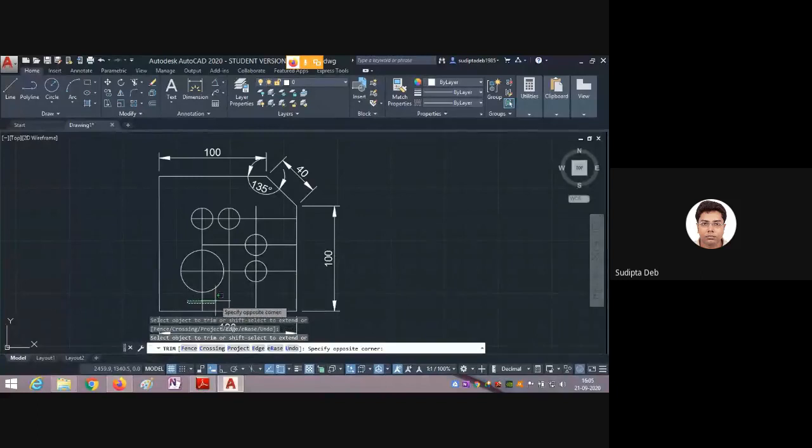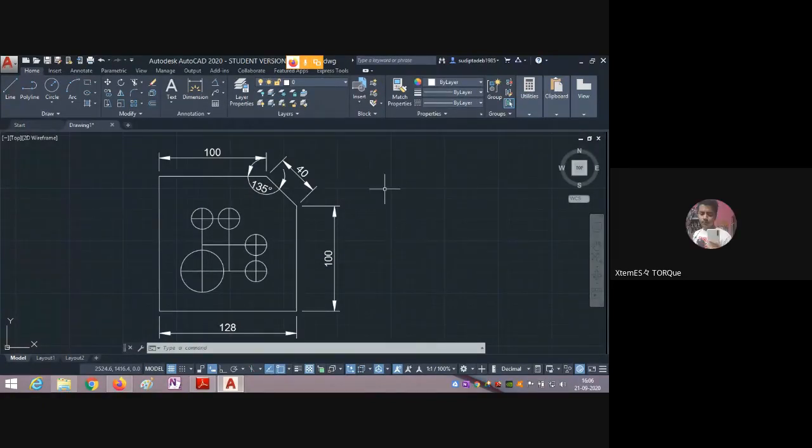In this way, you can cut the objects or cut the unwanted section. Because if I use delete, this inside section of lines will also be deleted. But actually, I want to cut this part from any one line. I want to cut any section from any portion. Then we have to use the trim. Clear? Okay, sir.